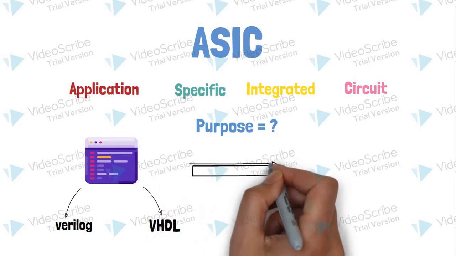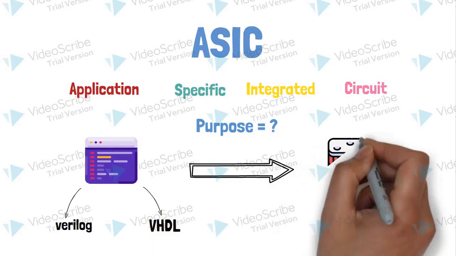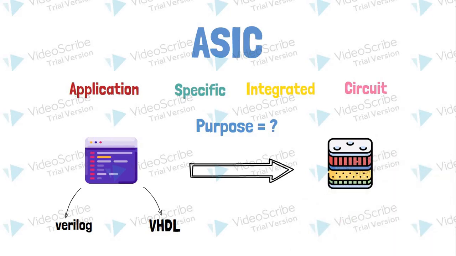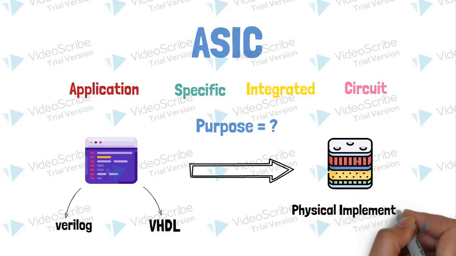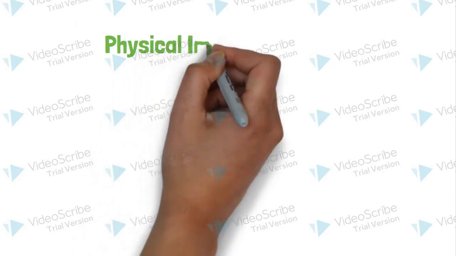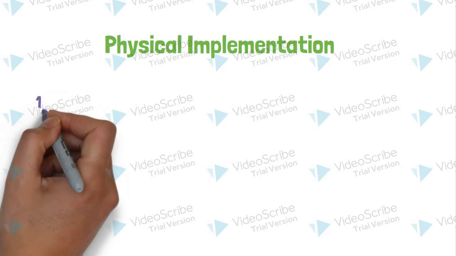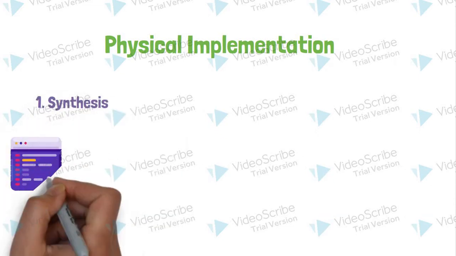The second part of the design is to translate that abstracted language into actual gates, or cells, made out of transistors. And this is called the physical implementation of the chip, or the back end. Physical implementation is done through two steps. First comes synthesis, in which the designer uses a certain program or tool to translate the RTL into gates and